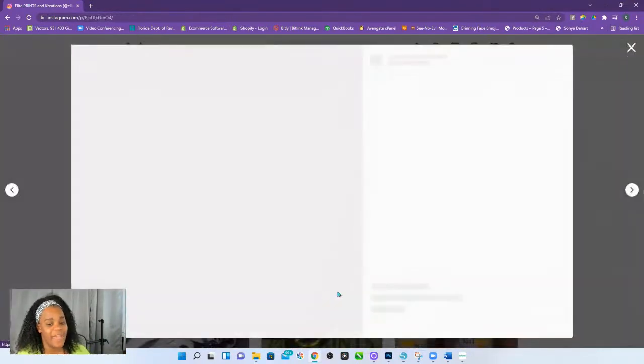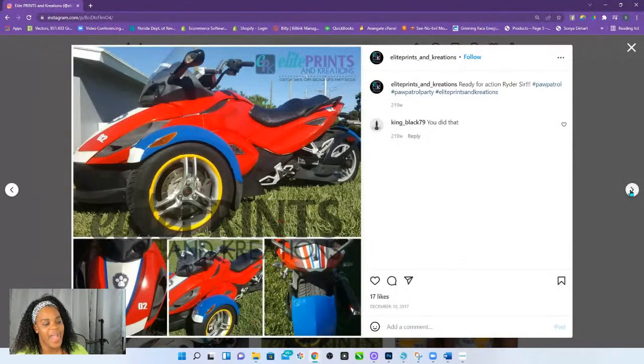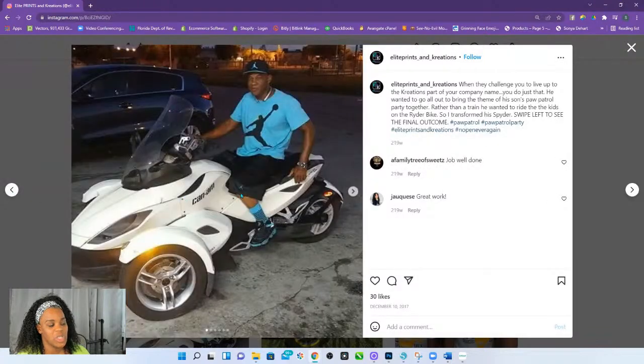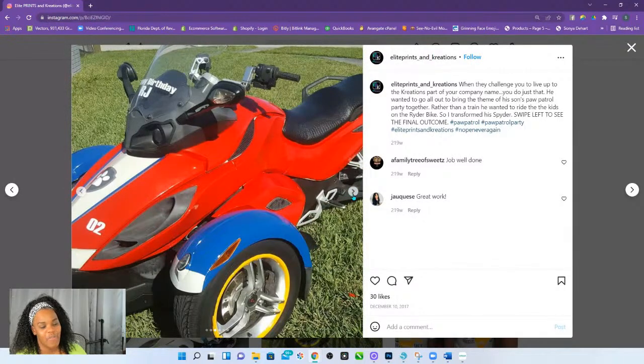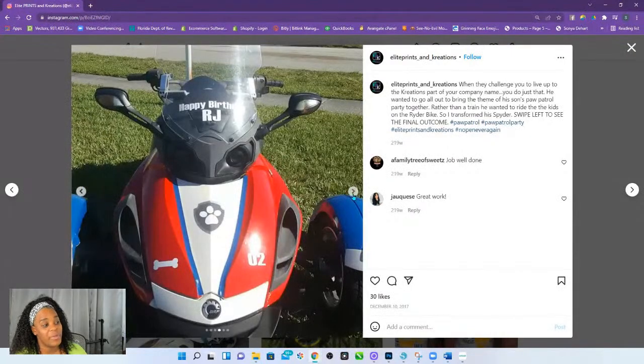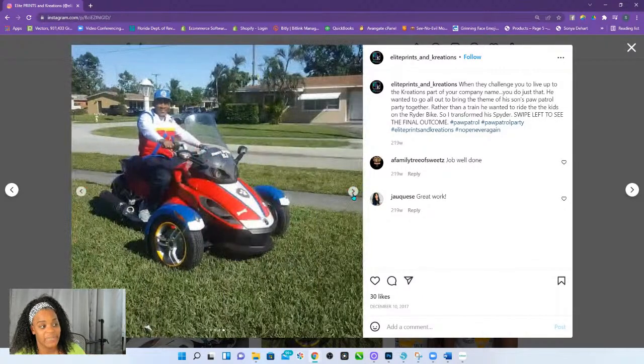And then, of course, my vinyl skills. If you guys have never seen this, I turned my stepdad's spider. This is how it looked before. And then because I had a bunch of vinyl and I knew how to work with vinyl, I turned it into this. I covered his entire bike in 651. You're not even supposed to be able to cover cars and stuff in 651 because it's so hard and stiff. I literally covered his entire bike in 651. I'm super proud of that one.